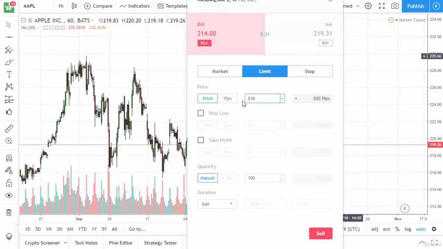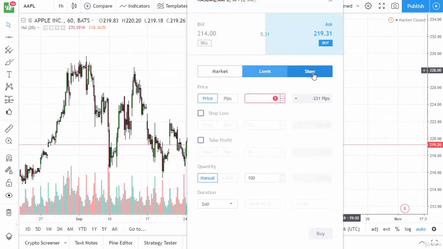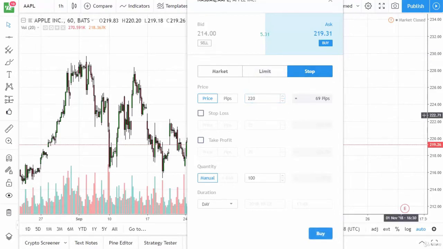Now, there's also the buy stop order. So a buy stop just means that it's a bid that's placed above the current price. So I'll just do 220. And it's only filled at or above that price. Now, why would you want to buy, say, at 220, just say you get some slippage, it's 5 cents. Well, the reason